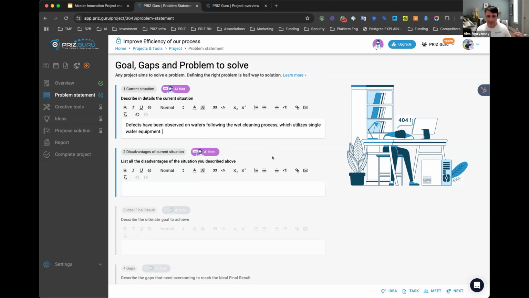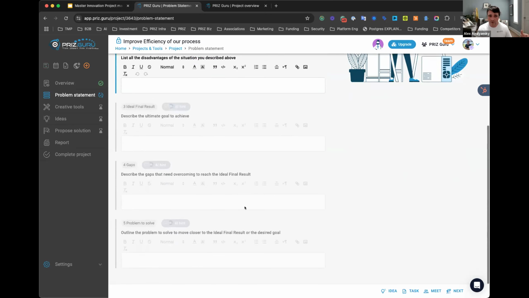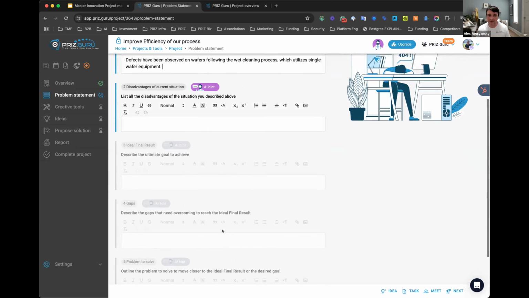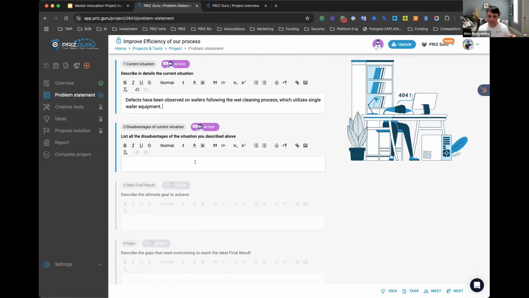Again, if we compare this to a traditional project, we would be all the way here: we need to define the problem statement. But how do you define that? What does it mean? What are the steps to go through? Nobody knows, right? So this is where we engage the thinking process.